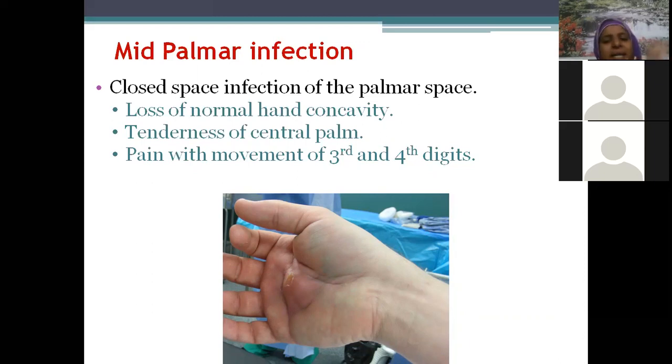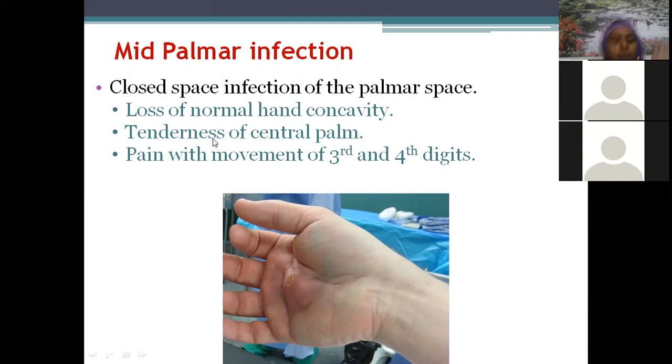Suppose there is any infection in the palm. The infection can easily spread from the skin to the palmar aponeurosis. What is the infection of the palmar aponeurosis called? Yesterday I told you. It can be a 3 marks question. Some contracture. What contracture, beta? Something with H. Dupuytren's contracture. Isn't it, beta?